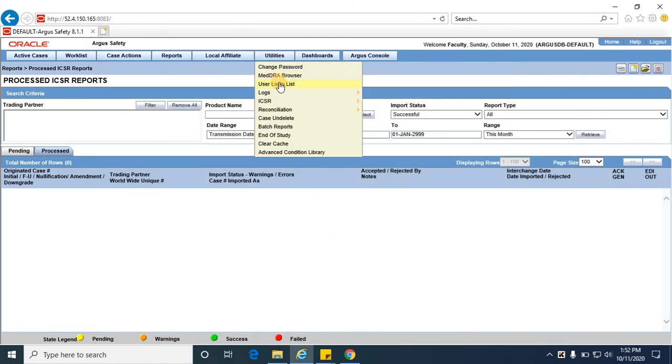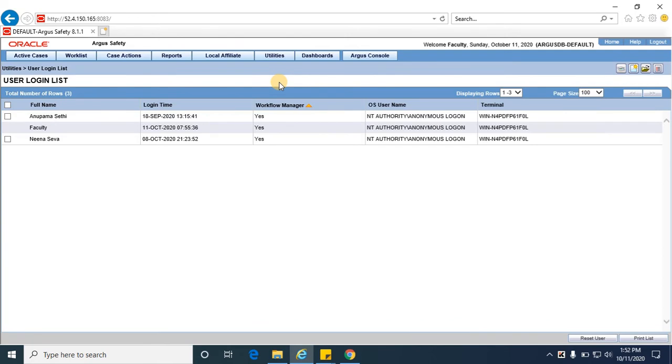Coming to the user login list, this is generally available for admin users, just to see which users are currently logged in, and if the user needs to be reset. Say, for example, a user has logged in on 1st October 2020, and on 2nd October 2020 the user is not available for logging out.